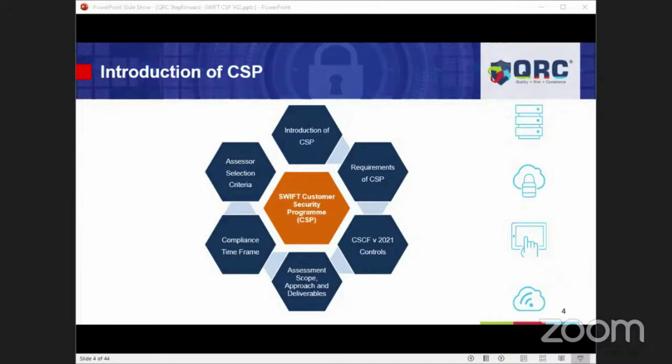We, as a cybersecurity firm, are working with a couple of customers who are looking at how to comply with these new frameworks. Predominantly we call it the CSCF, but it is part of the umbrella of the CSP, the Customer Security Program. So when it comes to the Customer Security Program, in the last few years,